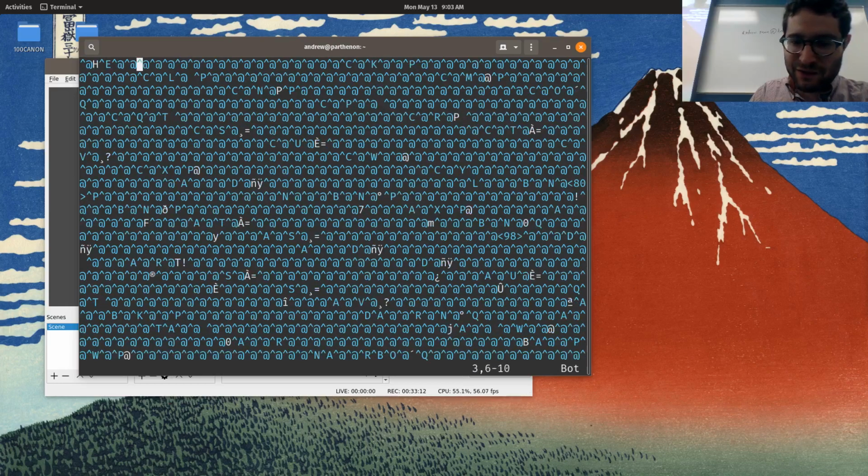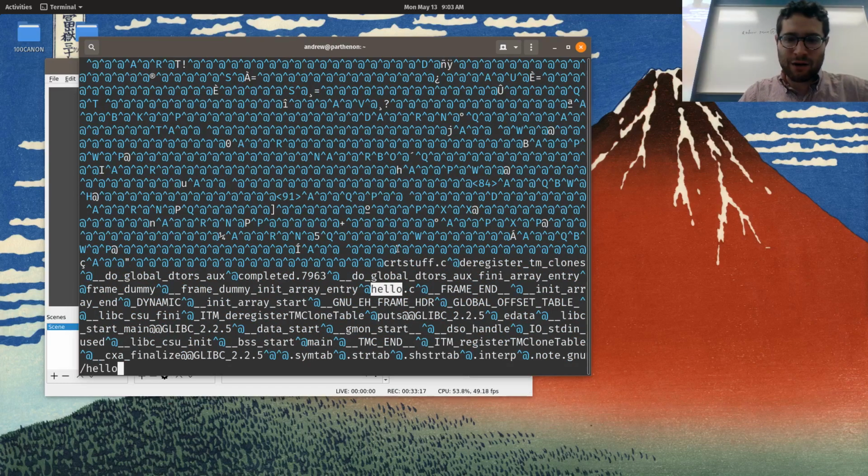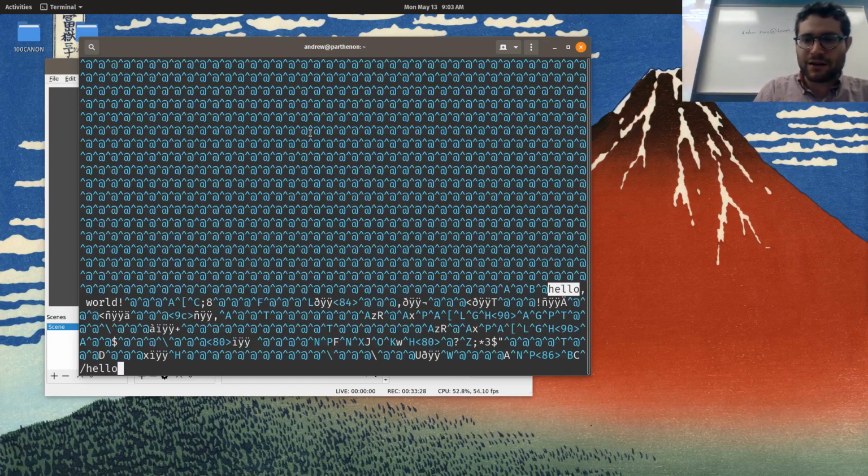And otherwise, it's just a bunch of gibberish. Let's see, though, if I can find... Oh, down over there. So over there is a bunch of stuff we can read. Entry hello.c, which was the file name. But otherwise, it is just kind of... Oh, wait, here. Notice that in all these little caret at signs, you've got hello world in there. So it's completely unintelligible to pretty much everybody unless you're insane.